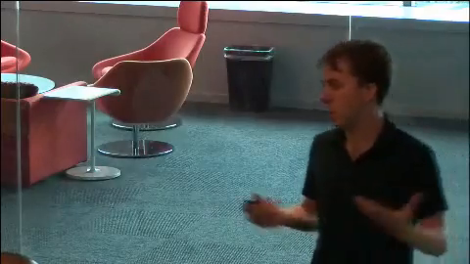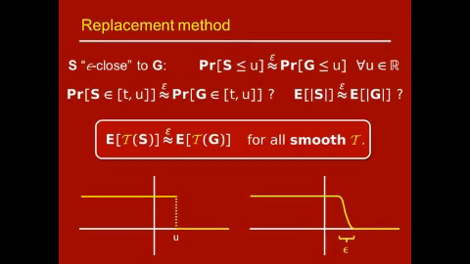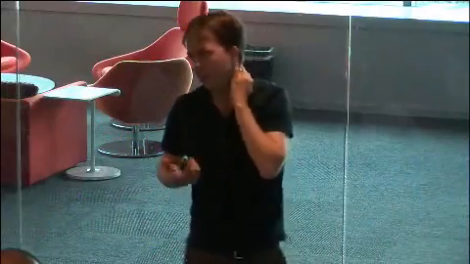Now, for what test functions should we try to prove it? Well, we can't hope to prove it for all test functions, because that would be like saying that S and G are perfectly indistinguishable, which is not true. So we have to pick some nice class. And in the replacement method, we're going to choose T to be the class of all smooth T, meaning all infinitely differentiable T. Well, for now, we'll choose that, which is a nice class, although you might think it's a weird choice, right? Because the things that we cared about here, most of them aren't even continuous, so none of these are smooth. These are the things we want, but I told you we're going to prove it for smooth T.